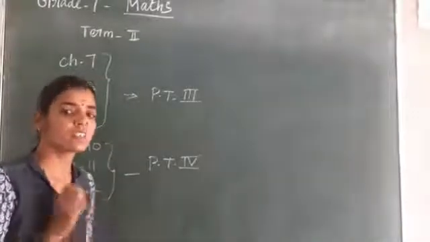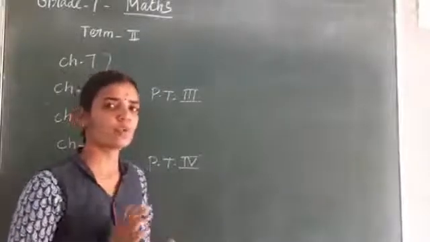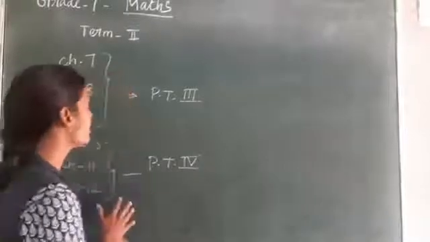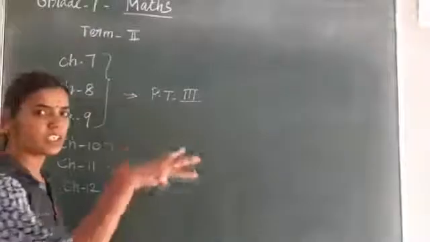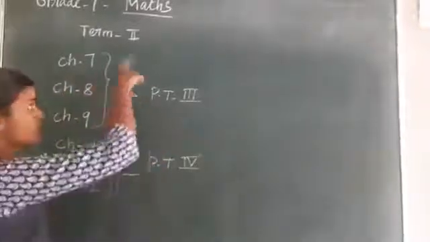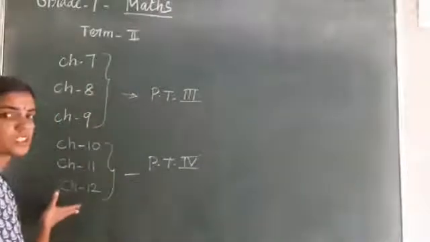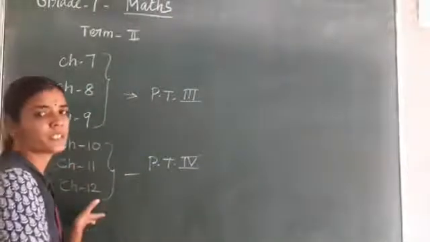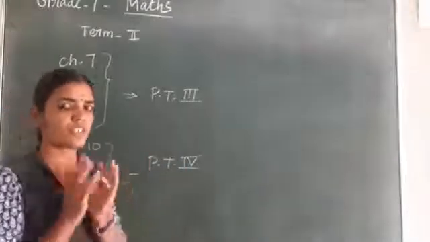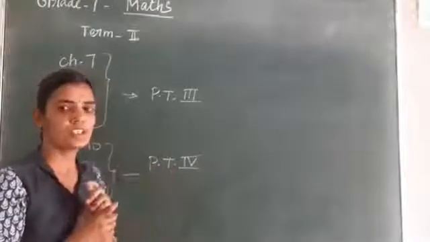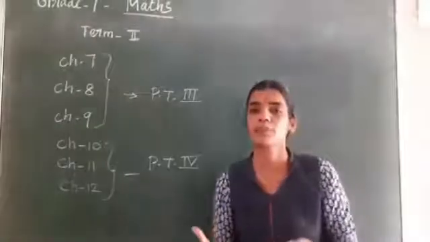Dear children, this term 2 exam you have to write and send in written format only, not an online test. See here, PT3 and PT4 portions we have revised. PT3 portions you already know, that is 3 chapters, subtraction and measurement time. Then PT4 portions: money, handling data, multiplication readiness. These are 6 chapters altogether. You are going to write the term 2 exam. Clear? So practice the sums. Unless you practice, you will not do your exam in a good manner.